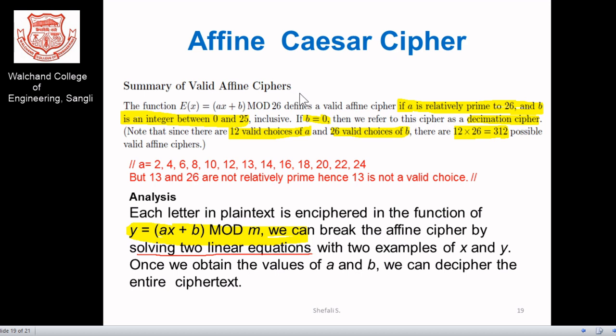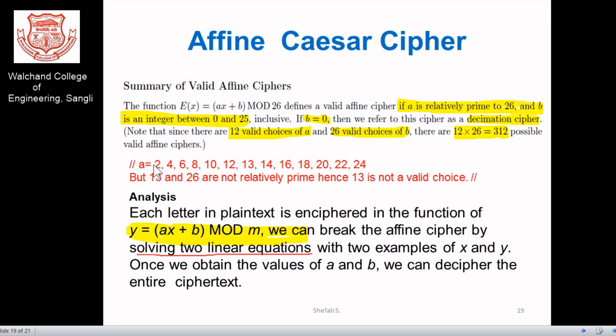In your lecture, you found what the possible options are for your A and B values. Whenever we have AX plus B, the valid affine ciphers depend on the values of A. If A is relatively prime to 26, then only can we take A as a valid one.